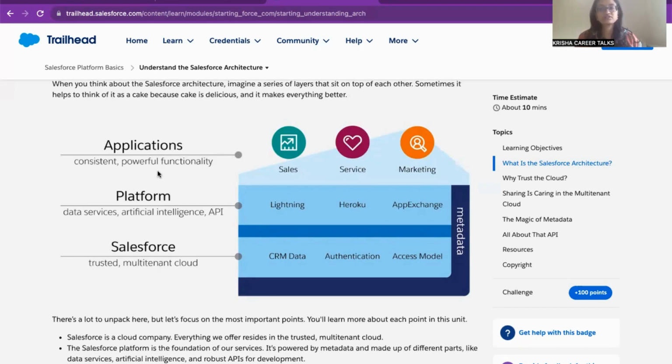These are standard functionalities designed by Salesforce, and they are said to be clouds or applications which are already giving powerful functionality in Salesforce. These are all designed based on the platform. So which platforms? Probably you can say Lightning, and Heroku, which is a PaaS, something like